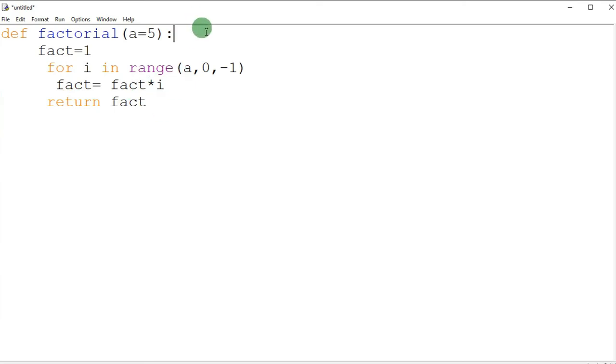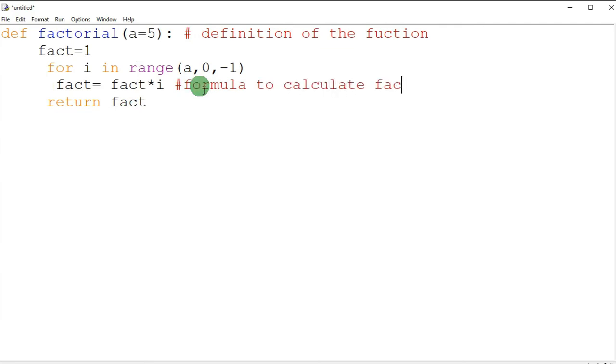See, this was the definition of the function, so we can mark it here as a comment, definition of the function, and this is the formula, so we can mark here a comment, formula to calculate factorial.